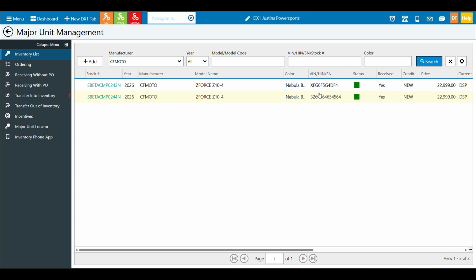So make sure if you're somebody who receives units in inventory, and even if you're not, you make sure the person that does can see this video so they can see one of the 2 different ways you can receive units into inventory. And in this case, it was using a purchase order.